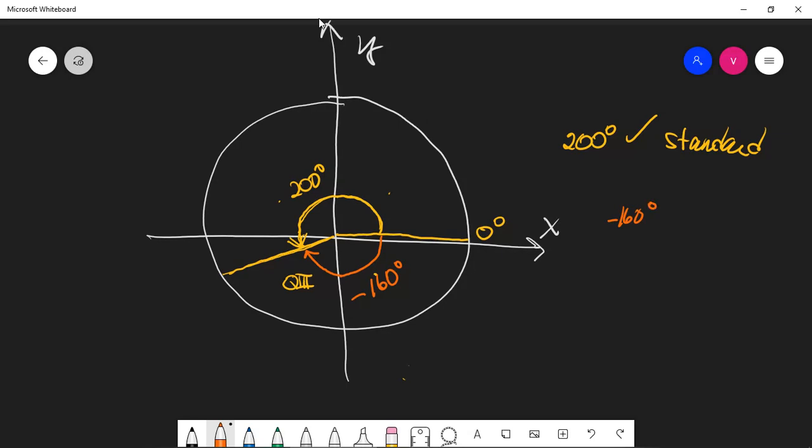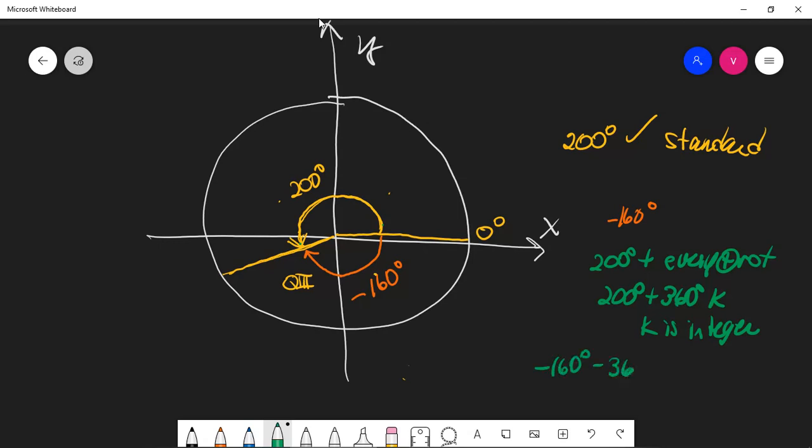That's coterminal. And then what else is coterminal would be if you're going around 200, that's your first time around, and then 200 plus every rotation after that. So that would be 200 plus every positive rotation. And the way you'd write that is 200 degrees plus 360 K, where K is an integer. Or you could say it's negative 160 if you're going in the negative direction, negative 160 minus every rotation afterwards